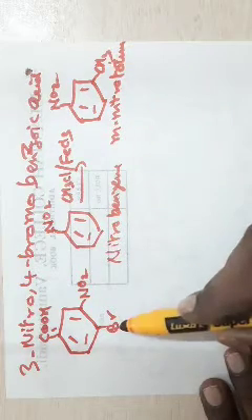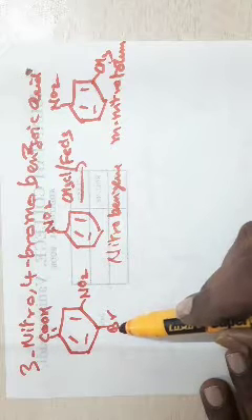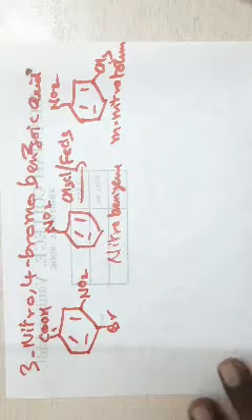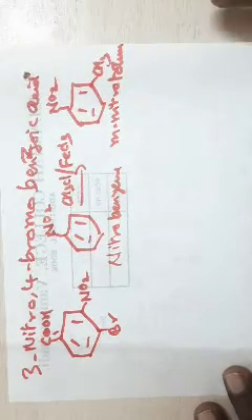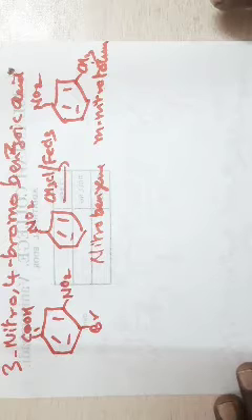Now you should think of the introduction of a bromine. See how bromine can be introduced. The bromine is in the ortho position of the nitro group, and you have a complication. After introducing the methyl group, it has its own influence. Methyl group is mildly activating. It is ortho or para directing. You must remember the rule.